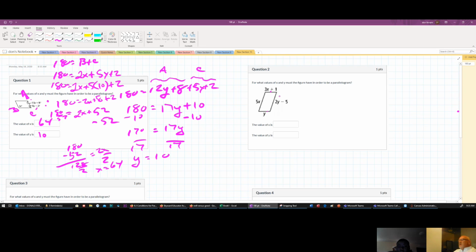We don't know what they are. So what we have to do is somehow set these equal to each other. We've got to solve for either x or for y. Since we know that this side and this side are equal, right? We've got y is equal to